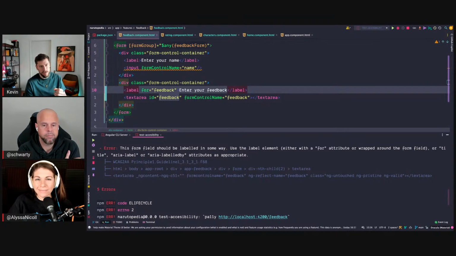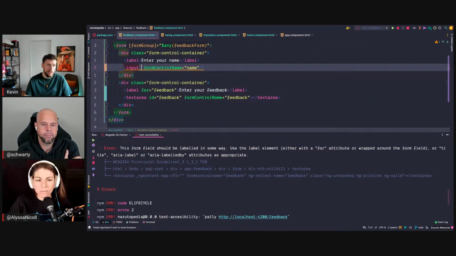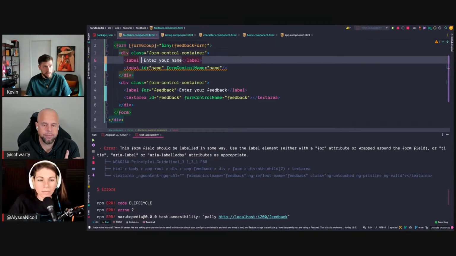And with that, the screen reader would know if the user enters the text area that he should first read the label. And the same we can do for the input field. So we give it an ID, and then we say for name.